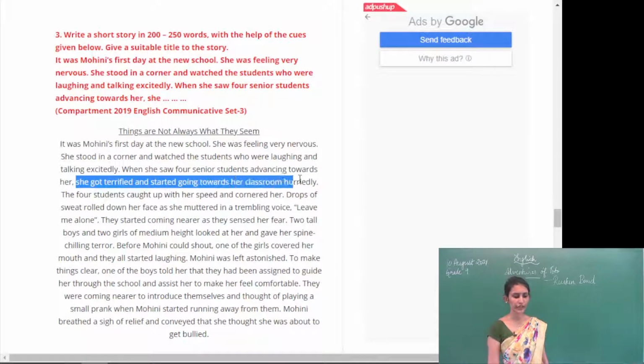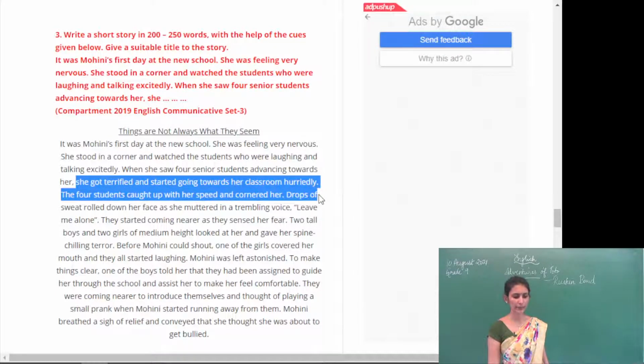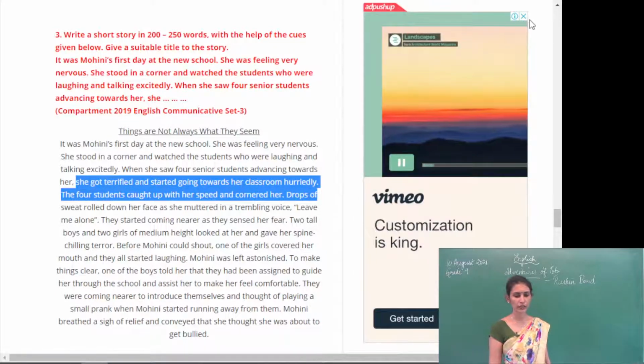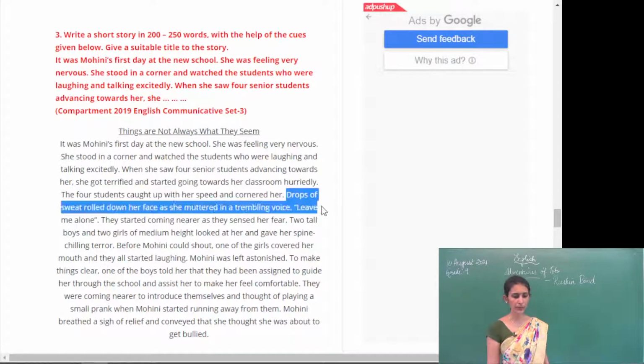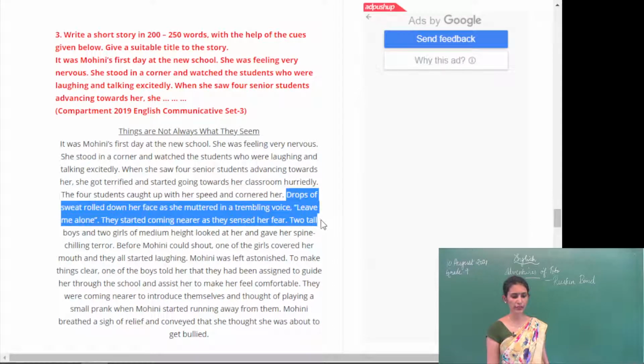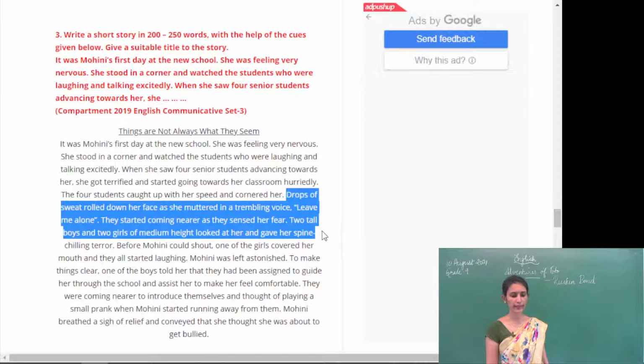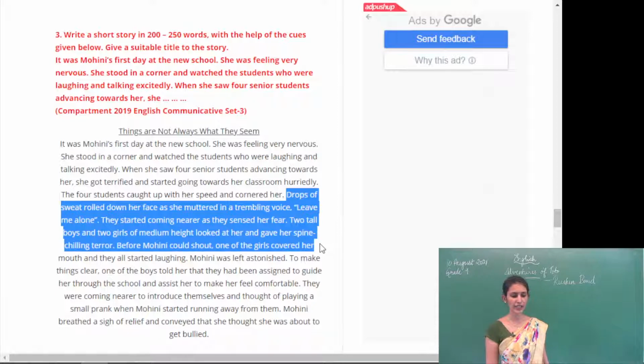She got terrified and started going towards her classroom hurriedly. The four students caught up with her speed and cornered her. Drops of sweat rolled down her face as she muttered in a trembling voice, "Leave me alone." They started coming near and they sensed her fear. Two tall boys and two girls of medium height looked at her and gave her a spine-chilling terror.